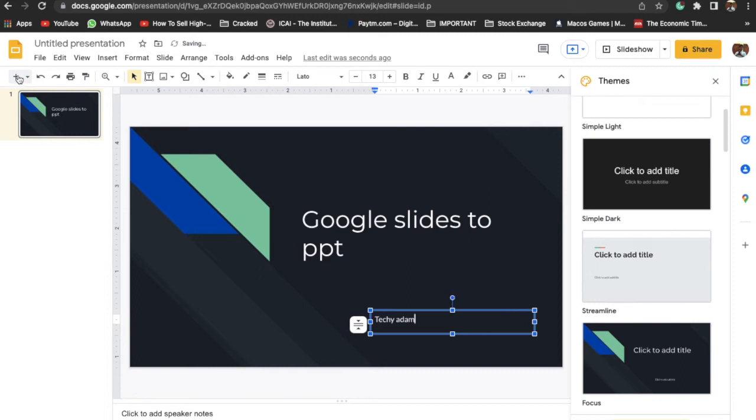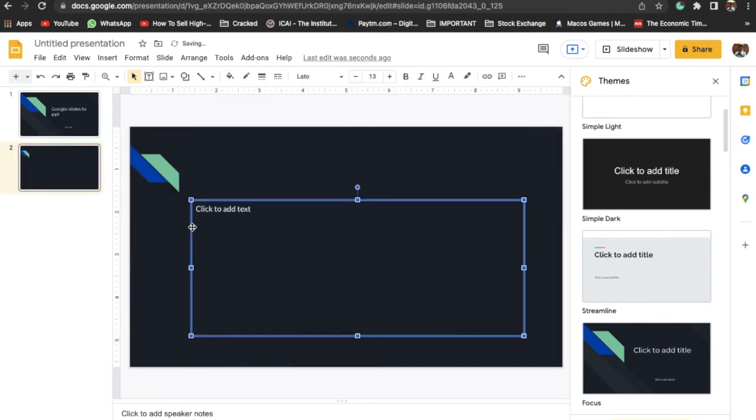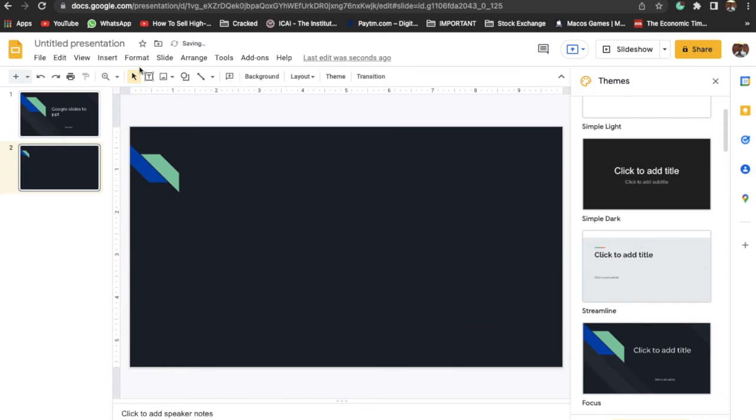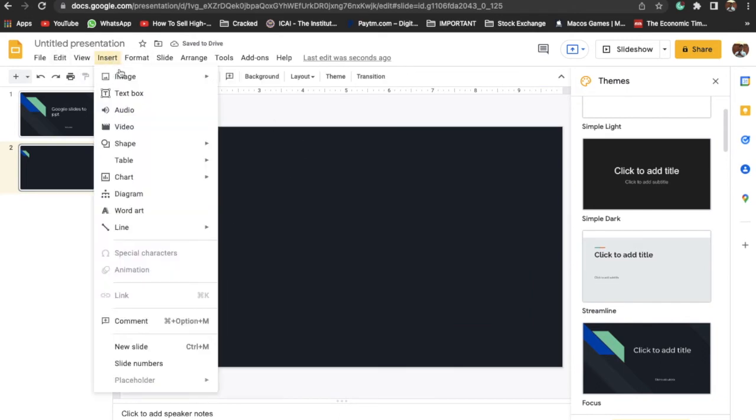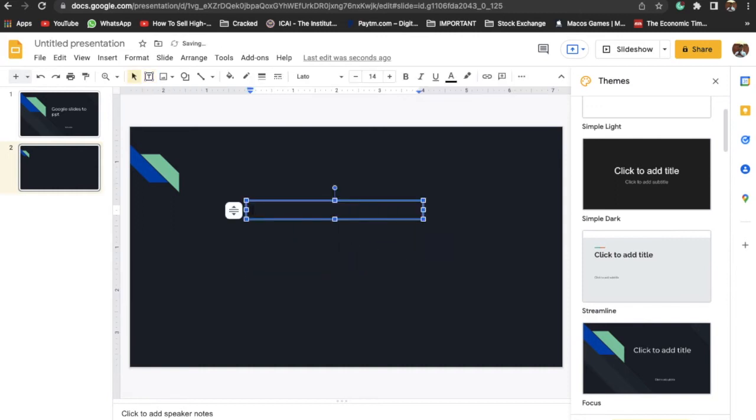Let's add one more slide. Let's add a text box by going to the insert tab. We can just add text here. Okay, let's convert this slides